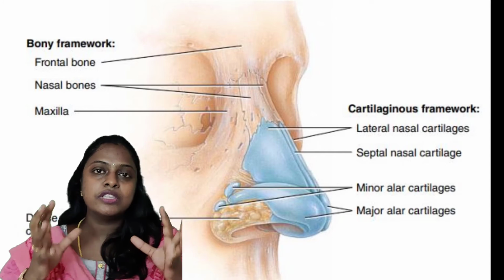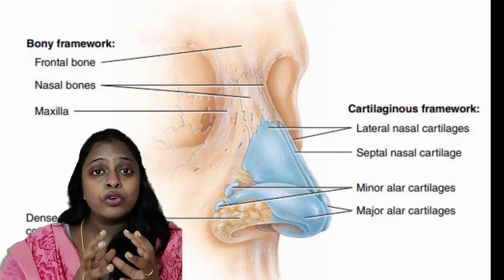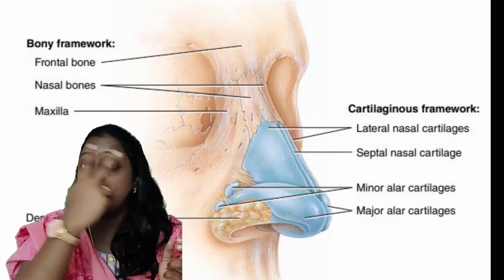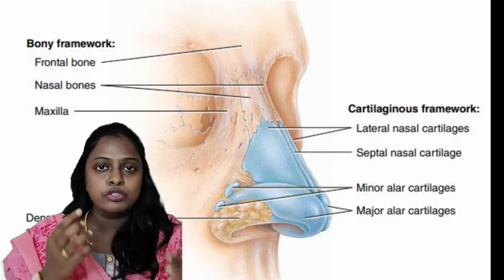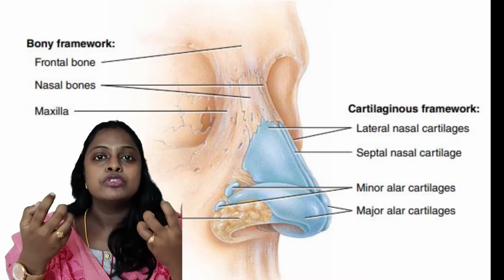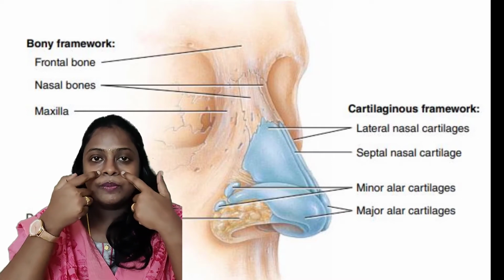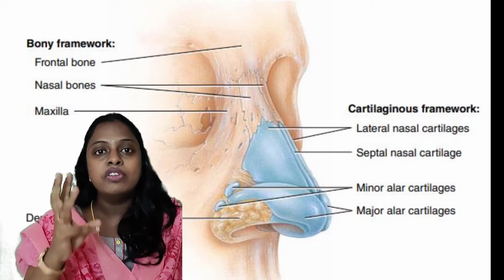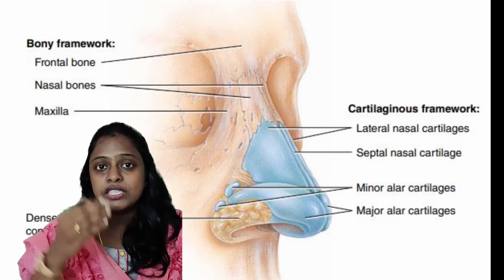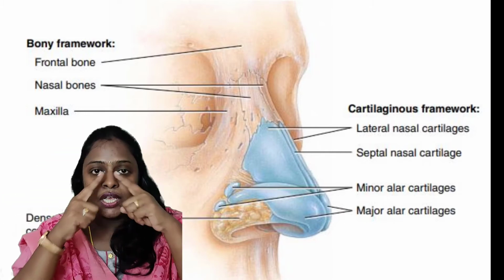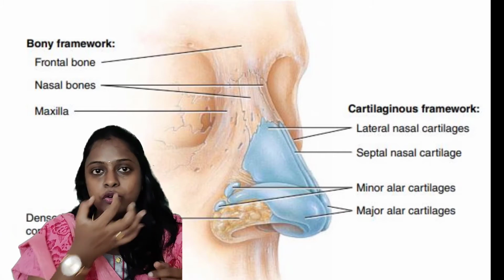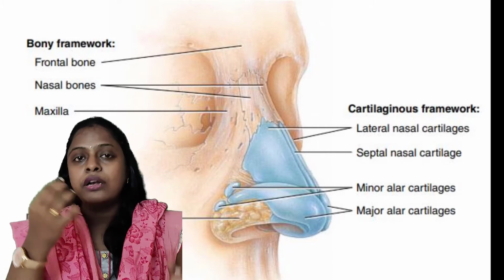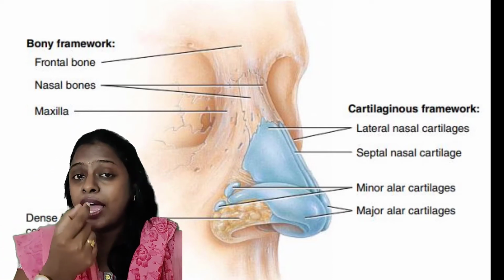So as I told you, this external nose is made up of a bone framework, right? This external nose is formed by our frontal bone, which is our forehead, and two nasal bones which will be here, and the maxillae. So this is the upper jaw area. So this will be our maxillae. So our external nose is made up of three bone frameworks. One is the frontal bone, and the next are the two nasal bones and the maxillary bone, which is our upper jawbone. And also I told you our external nose is made up of hyaline cartilage.